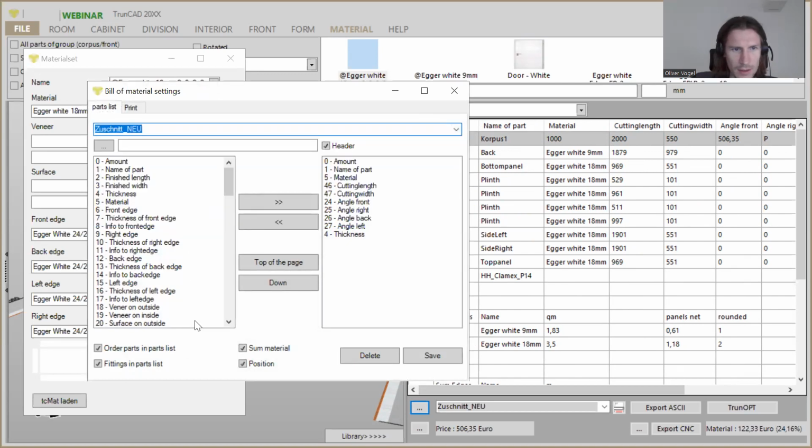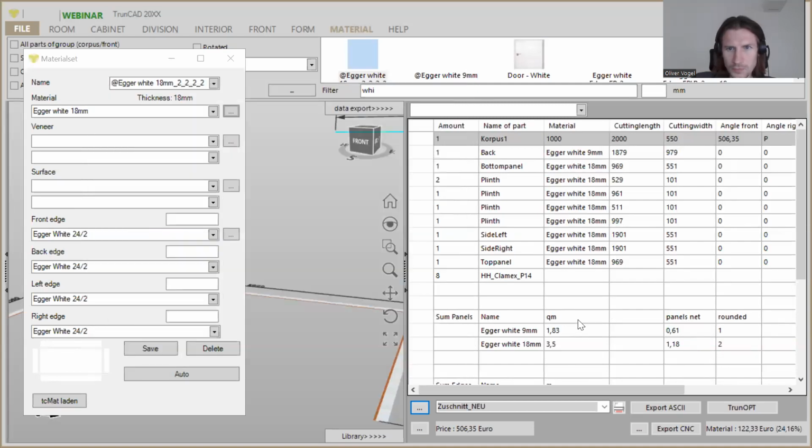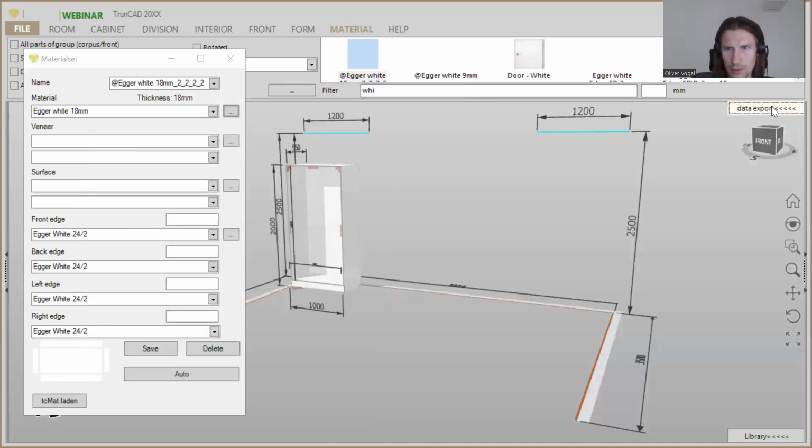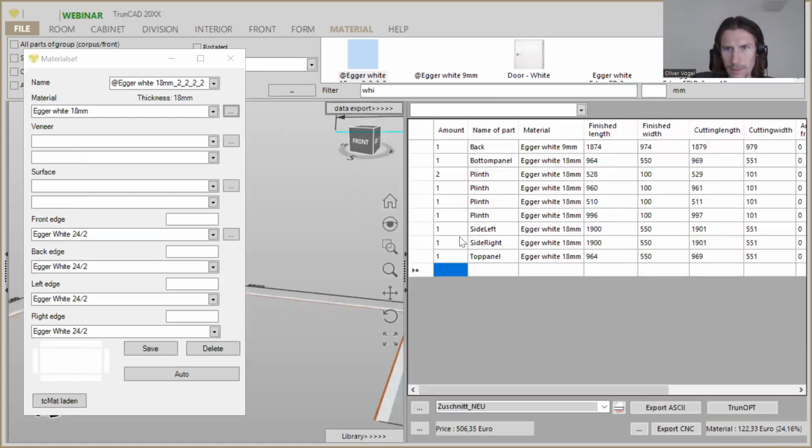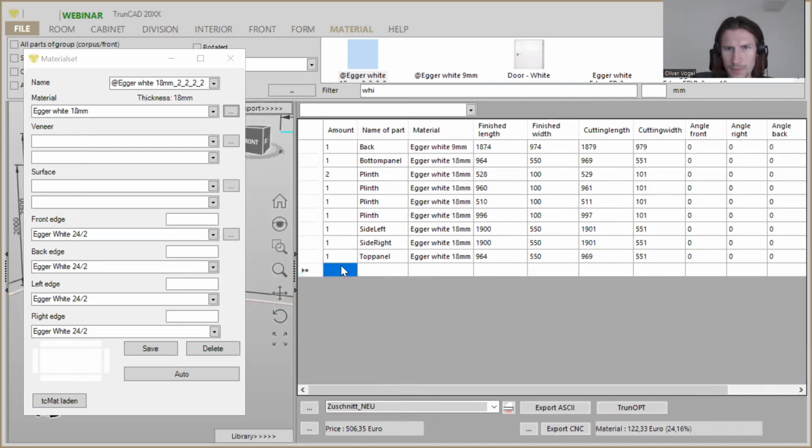I just edit this to show you this. That is also the way how to customize your cutting list. I will save this. So, and close this and load it again. Now you see here the finish lengths and the cutting lengths. We have here 5 millimeter difference. When you go here in